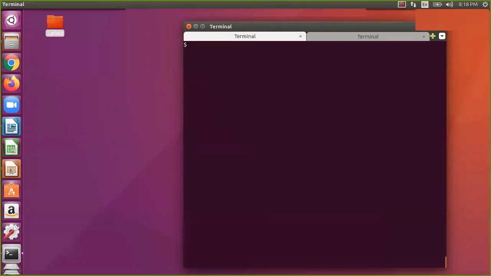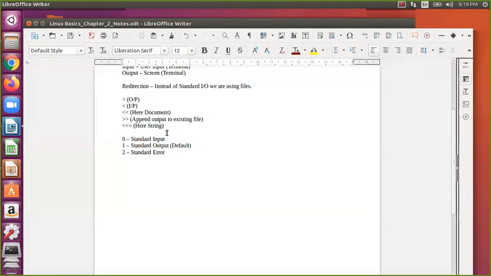So now we have seen the descriptor IDs. 1 is for standard output, which is the default, 2 is for standard error, and 0 is for input. Let us check how 0 works. Now I say cat f2 f3.txt, and it is displayed like that. If I say it this other way, it means that for this cat command, the input is f3.txt. So less than is the input. If you see, both are the same. Why? For standard input, this is the default, and you have only one descriptor ID, so both will be the same.